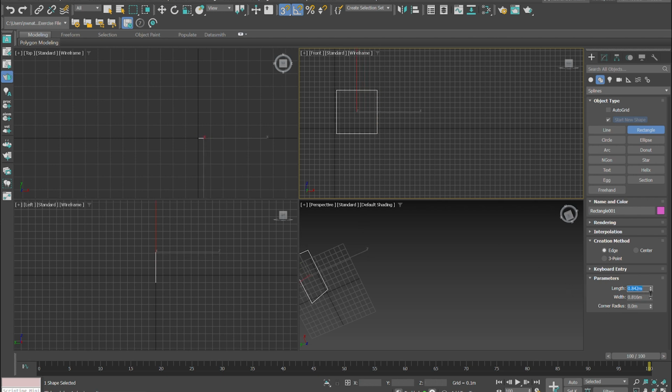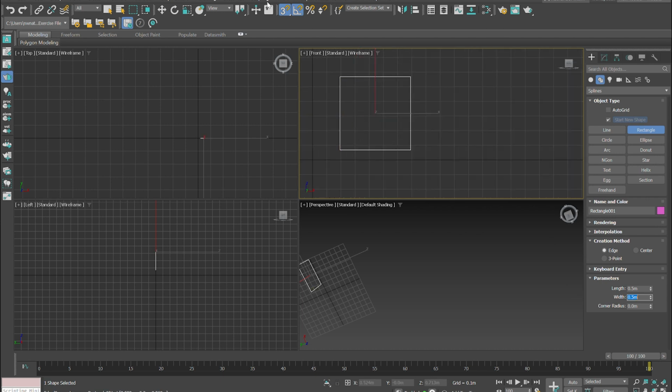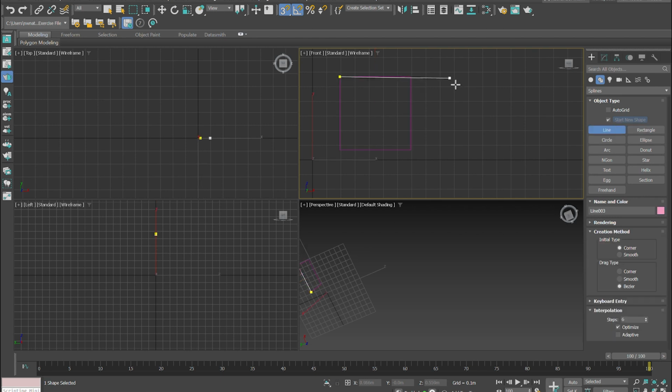We'll make it just 0.5 by 0.5. And just ensure you have some snaps on so you can grab these lines, and we then go to line, and we want to just select these corners